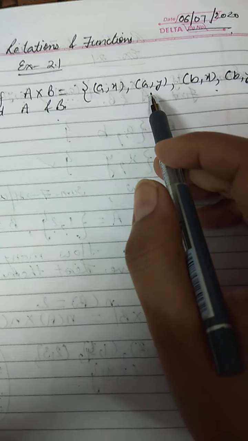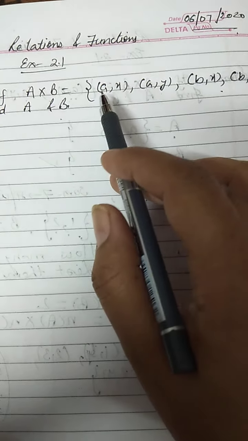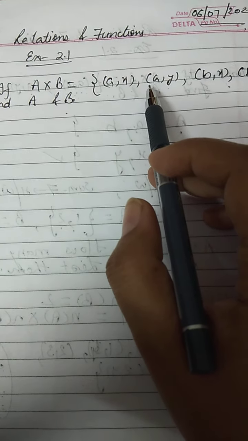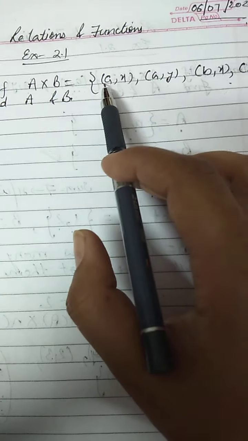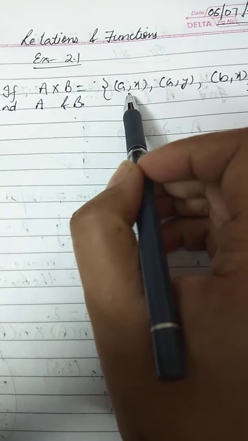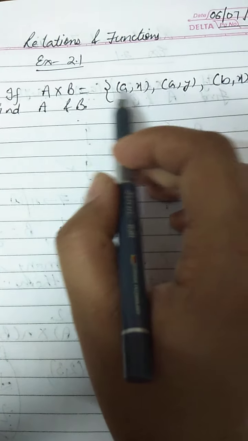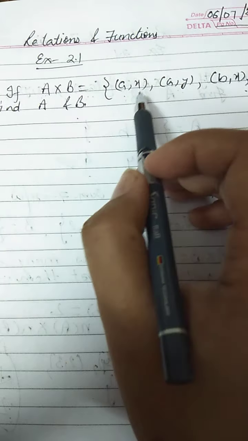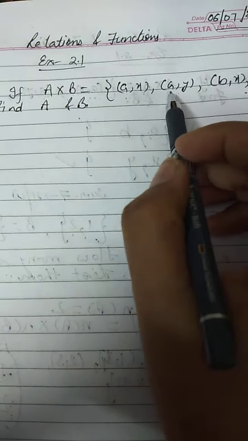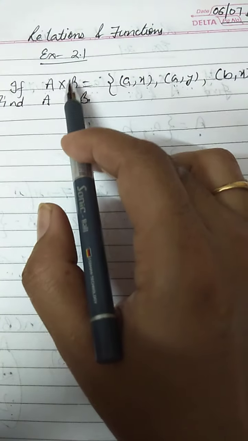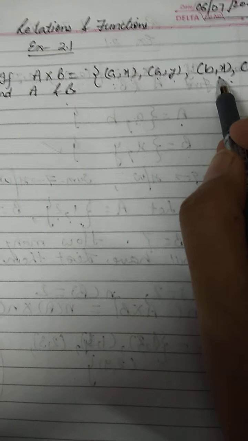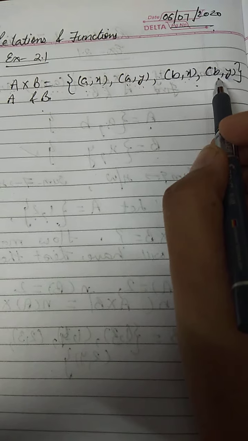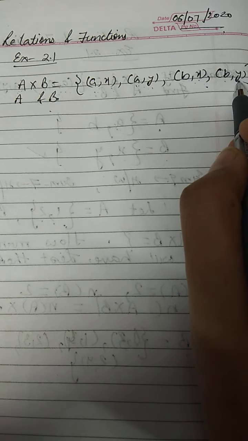And the second statement of Cartesian product says that in every ordered pair there is a certain order. The first element of each and every ordered pair comes from the first set, and the second element comes from the second set. That means if I look at these ordered pairs, A will come from set A, X will come from set B. Again, this A is from set A and Y is from set B. Third ordered pair, B comma X, B will be from the first set A, X will be from set B. Similarly, B comma Y, B will be from set A and Y will be from set B.